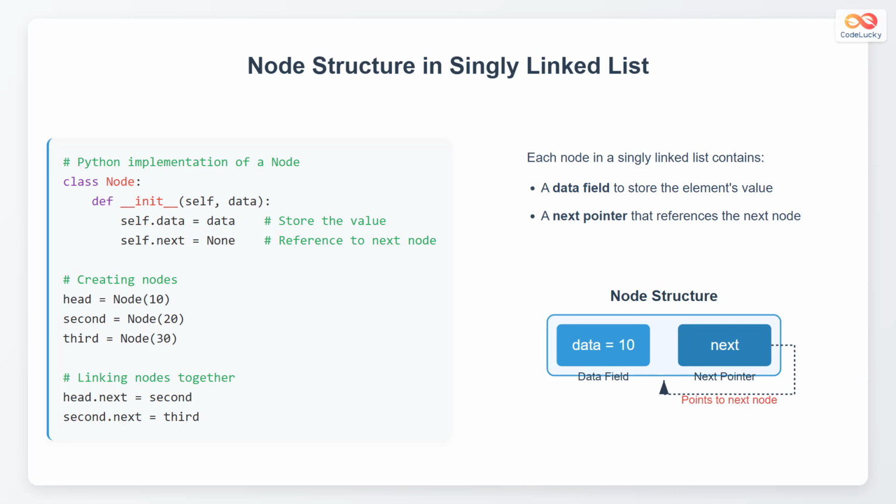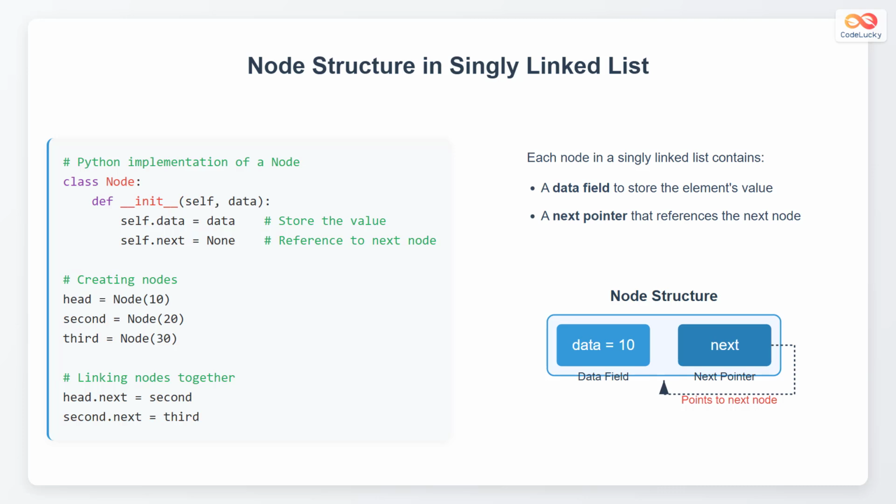Let's delve into the structure of a node within a singly linked list. Here's a Python implementation of a node class. The class Node has a constructor which takes data as argument. Inside the constructor, first the data is stored inside self.data. This is where the actual value of the element is stored. Second, self.next is assigned None. This is the reference to the next node in the list, and it's initialized to None, meaning it doesn't point